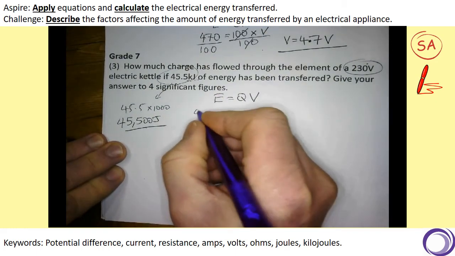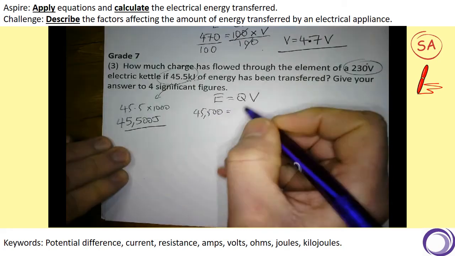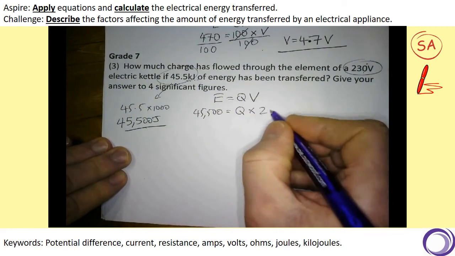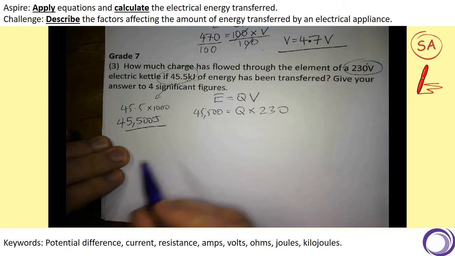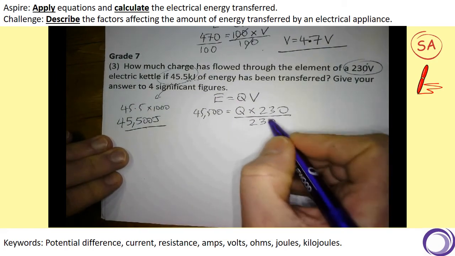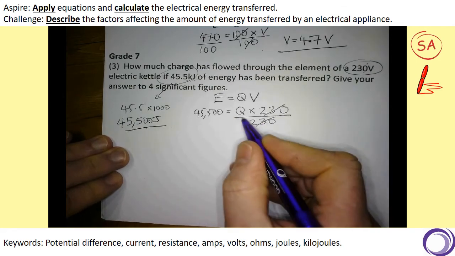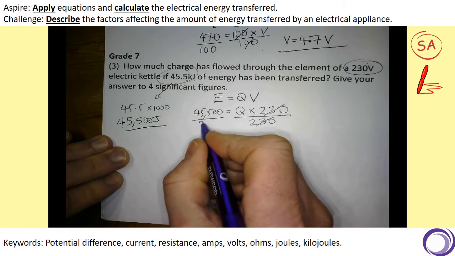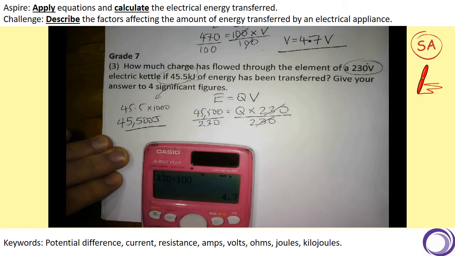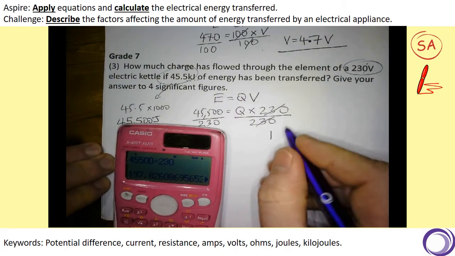So let's substitute in. 45,500 equals the charge that we're trying to find. We don't know, so let's just leave Q in there, times the potential difference, times 230. Remember, you can do what you like to an equation as long as you do it to both sides. So if I divide that side by 230, 230 divided by 230 is 1, so I've got Q equals, but I've got to remember to do the same on that side. So the charge is 45,500 divided by 230. 45,500, check that you've put the right number of noughts in, divided by 230 equals, 1, so Q equals